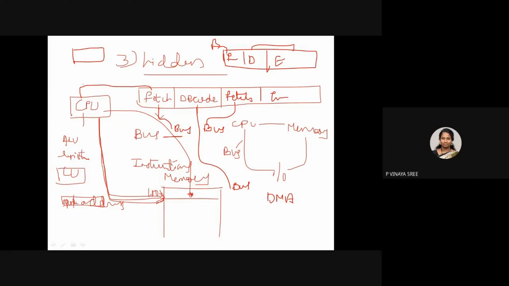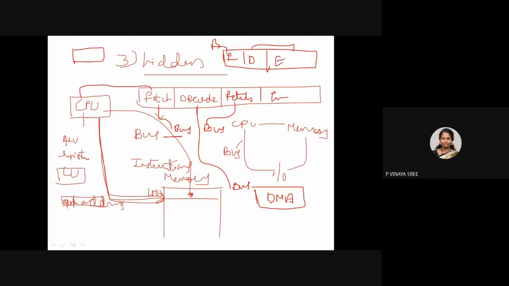In the same way, try to understand the bus: the DMA will be using the bus when the CPU is not using it. When the CPU is not using the bus, in such a case it will use that. In the remaining cases, when the CPU is using the bus, DMA will not use it. Only when the bus is available will DMA be using it, and in the remaining cases the DMA has to wait for the bus to be released by the processor.